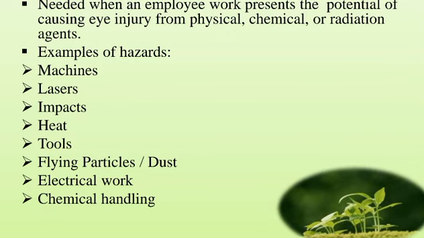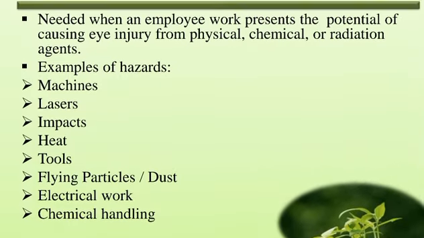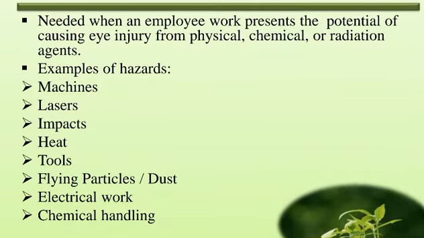Sometimes splashes from chemicals. When we are working with chemicals, we may get some splashes. And sometimes hot liquids and molten metals, sometimes detergents, cleaning liquids or cleaning solvents or any other harmful solutions. Other hazards may be bigger objects flying or swinging into the eyes, sometimes intense light, harmful rays, use of arc welding, lasers, etc. So, what exactly does eye protection include?